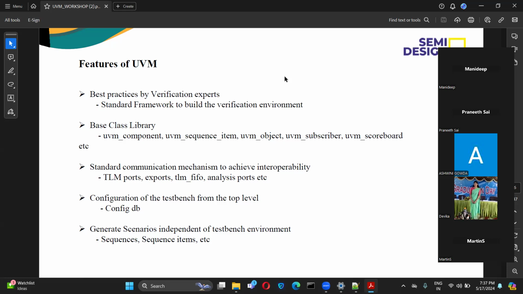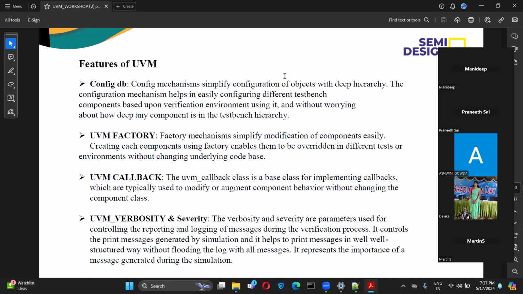Okay. And what else have we discussed? What is the main functionality of the BFM in the test bench architecture? What is the other name for BFM? Driver. Okay, they convert the transaction items into pin level activity. Correct. Yeah. And what about the monitor?